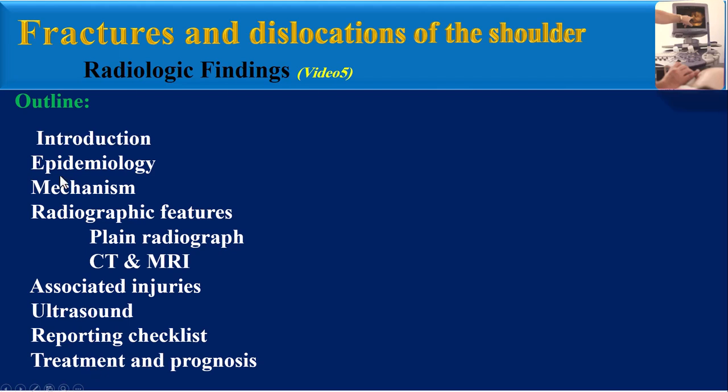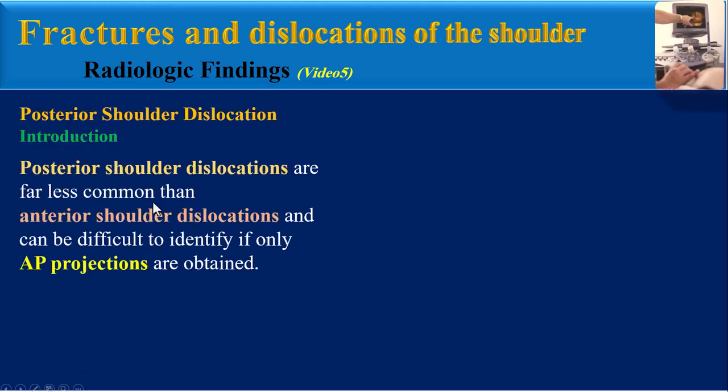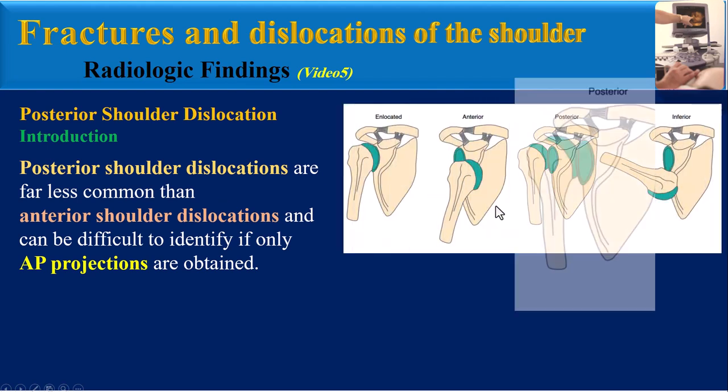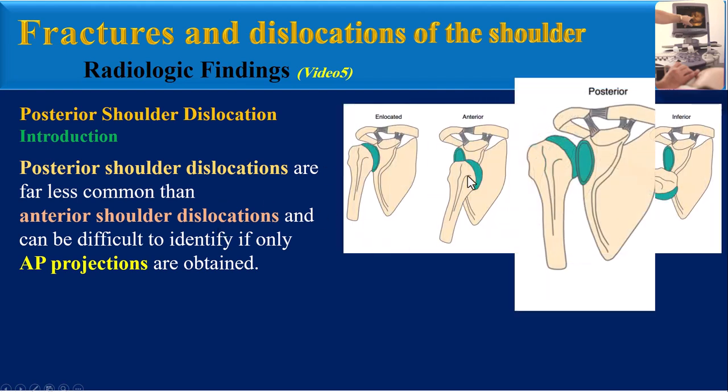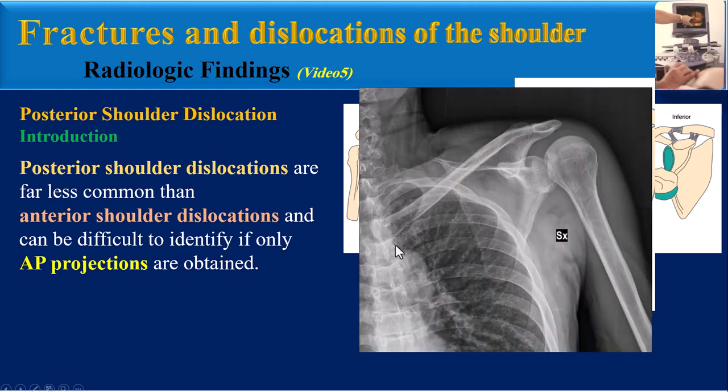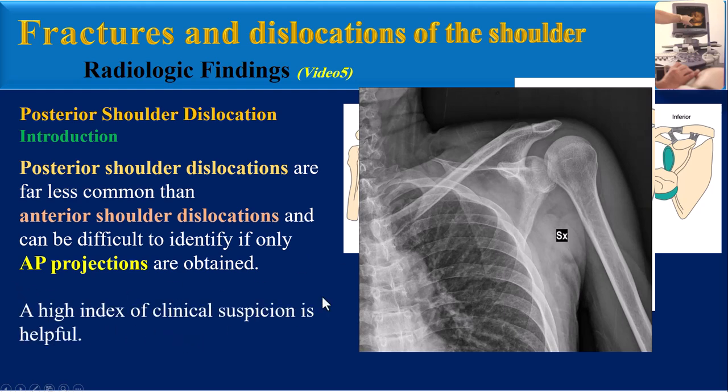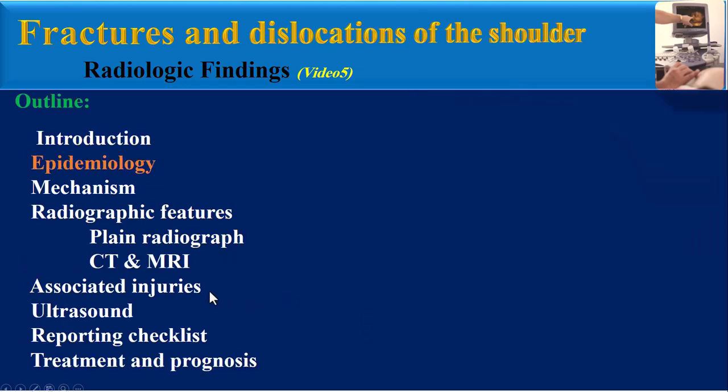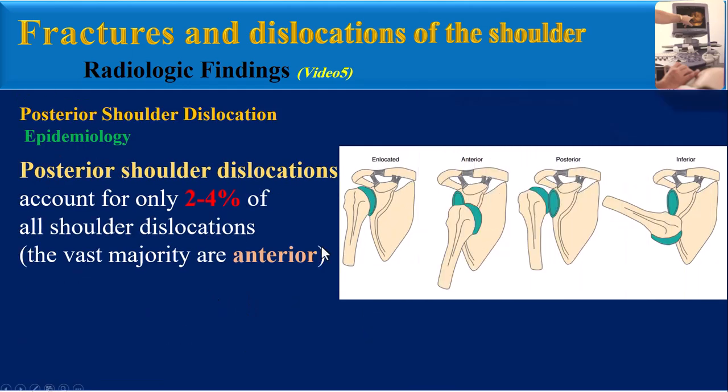At first, introduction. Posterior shoulder dislocations are far less common than anterior shoulder dislocations and can be difficult to identify if only AP projections are obtained. So, a high index of clinical suspicion is helpful. Epidemiology. Posterior shoulder dislocations account for only 2 to 4% of all shoulder dislocations, and the vast majority are anterior